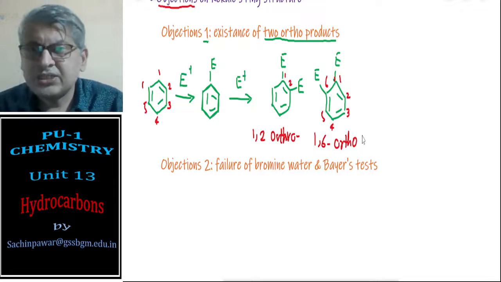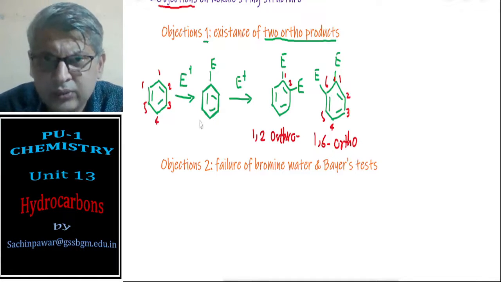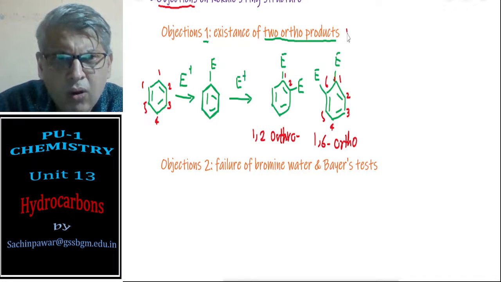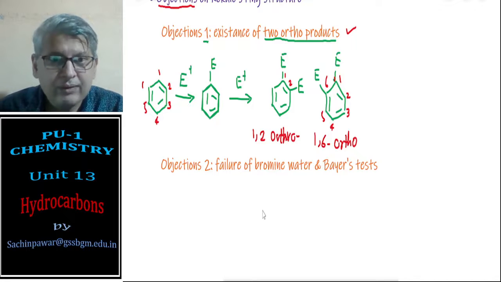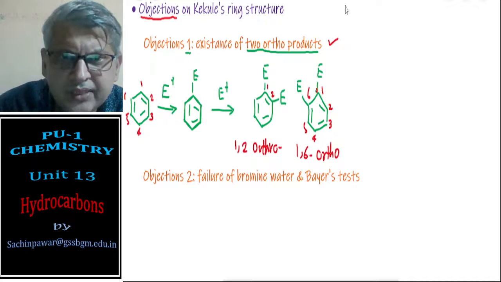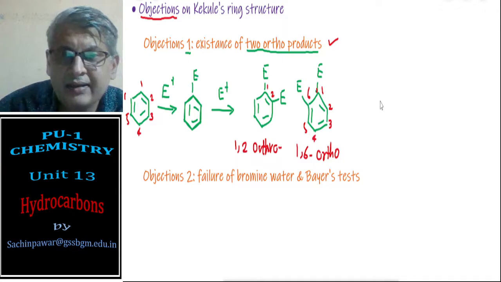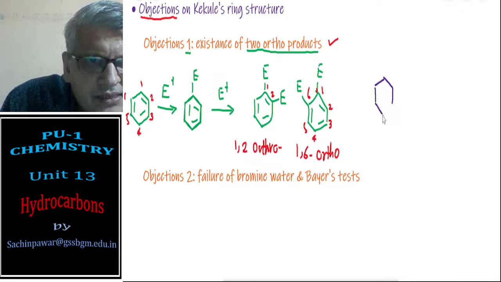So the Kekulé structure which was proposed, according to this, there should be two ortho products possible. He has to overcome that objection. To overcome this objection, what he said is that, okay, this is my first benzene ring structure. Kekulé is saying that these double bonds are continuously changing their positions,